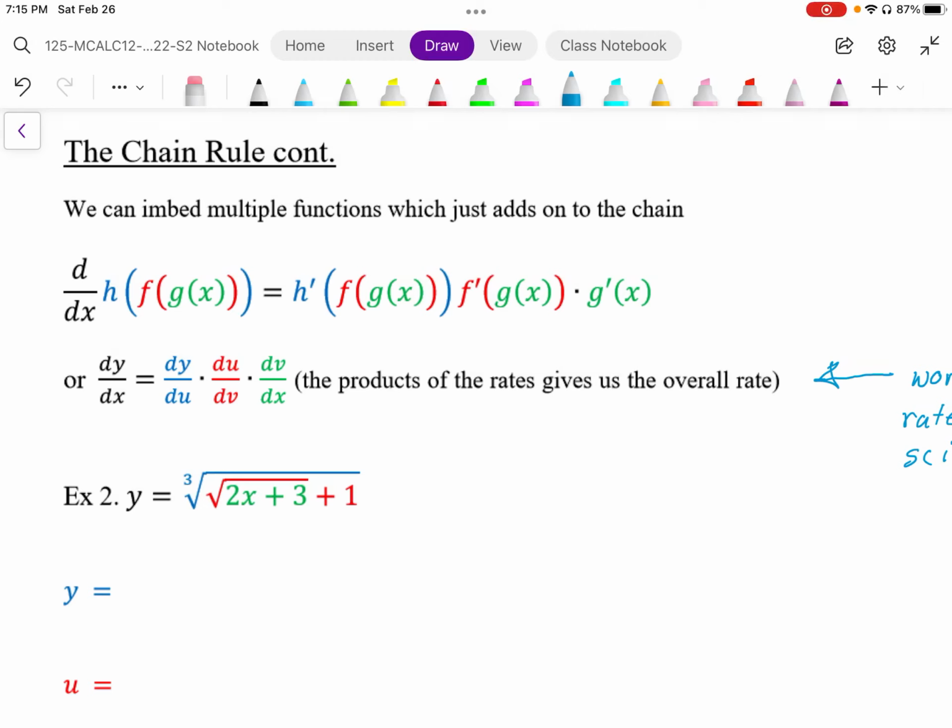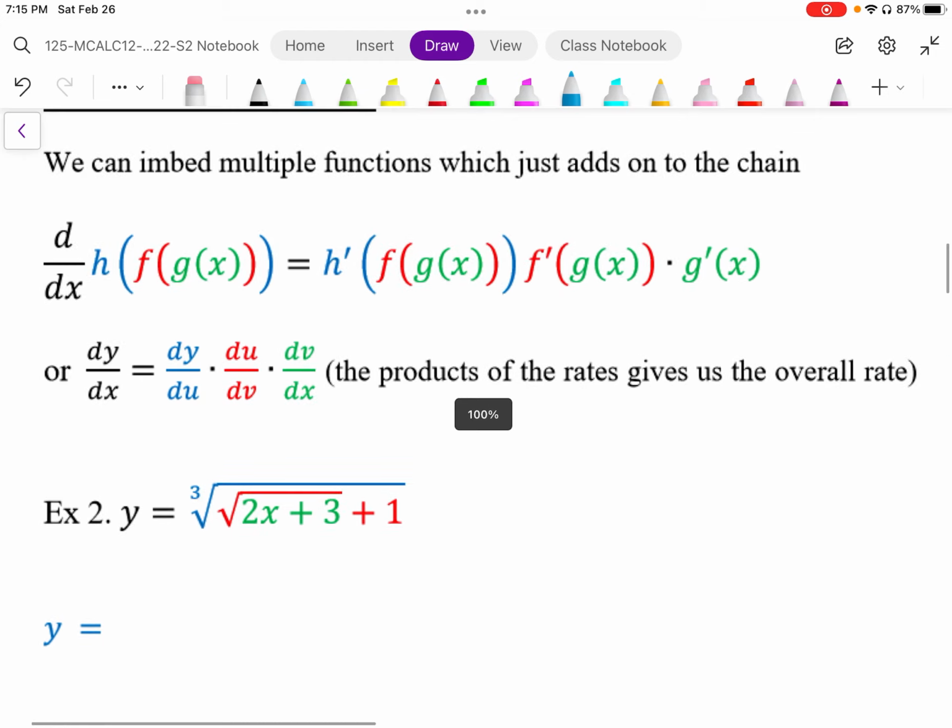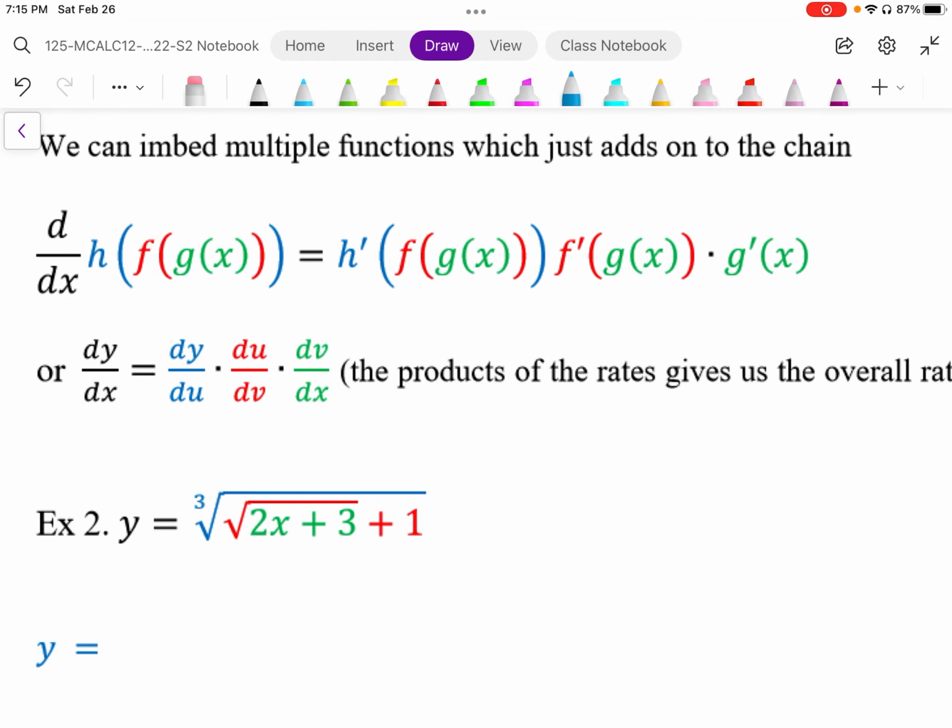So the chain rule is used when we have embedded functions, essentially when the outside function is dependent on the inside function. So basically what happens is we multiply the derivatives of the outside to inside functions. If you take a look at using the dy notation, the overall rate of dy by dx is going to